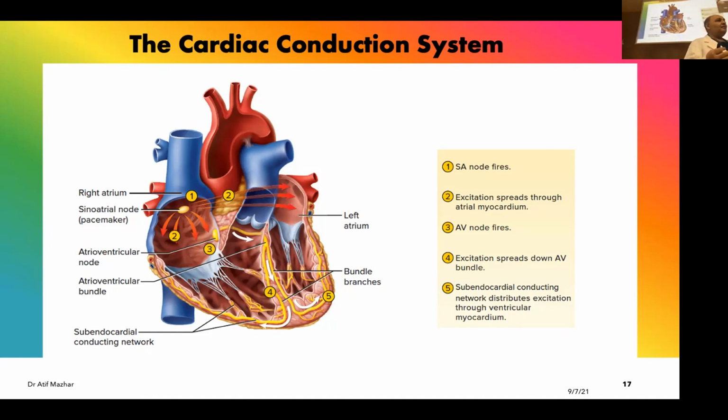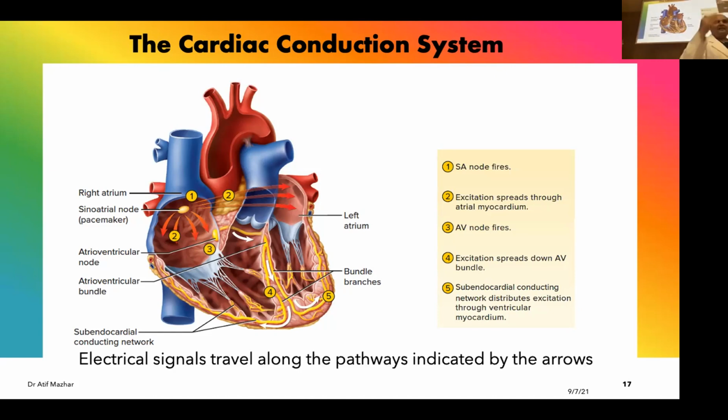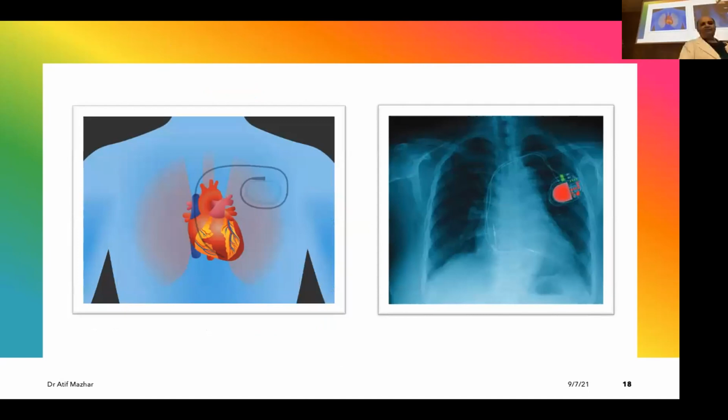Artificial electric pulses. So you give a defib every minute. Pacemaker, that's the keyword. How does a pacemaker work? Let's look at the pacemaker. This is on X-ray. You can see this red thing, that's the pacemaker. This is its location, and there's a wire which goes to the right atrium of the heart.